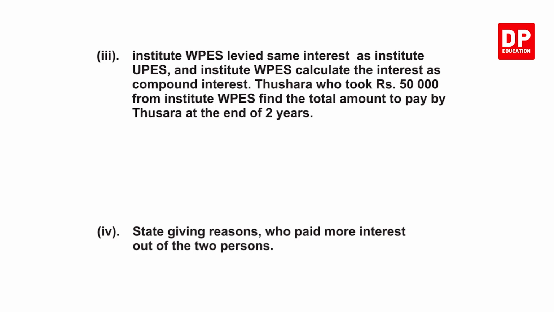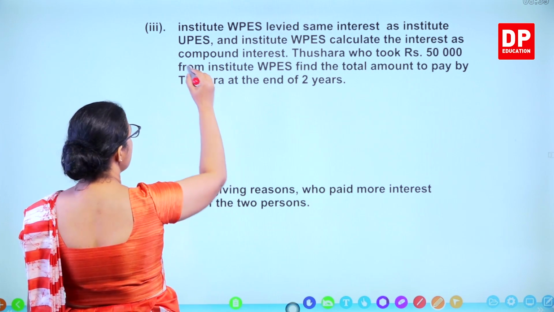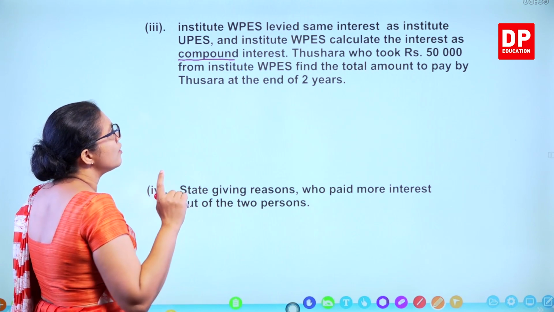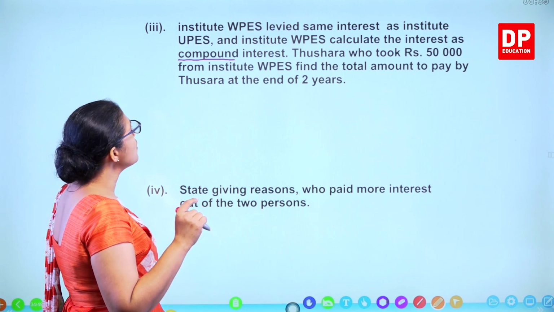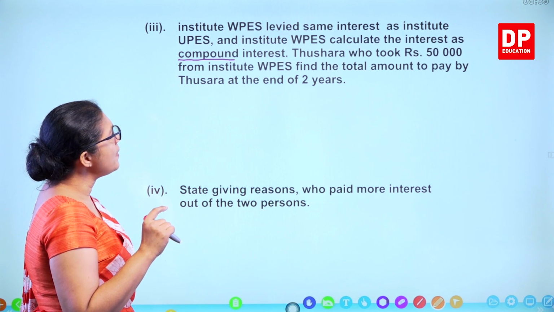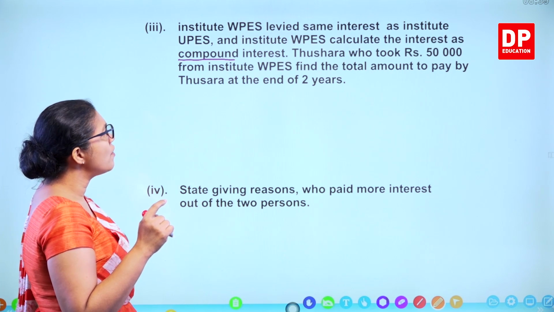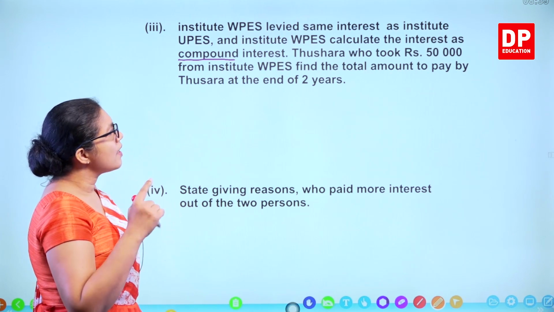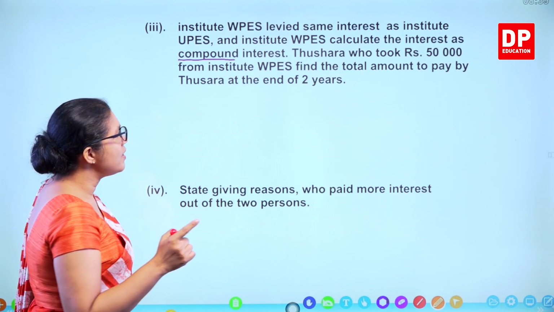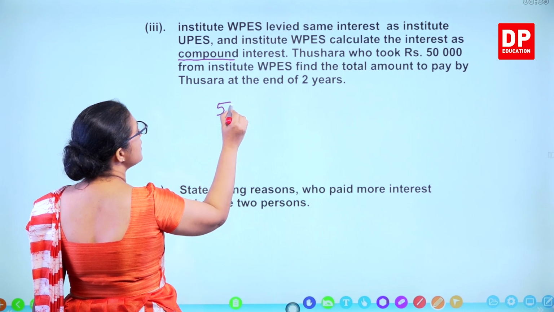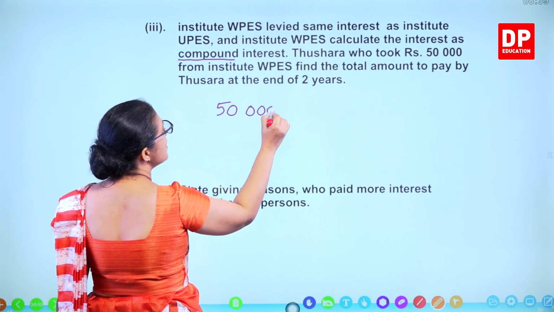Same interest as Institute UPS. So 6%. And Institute WPS calculates the interest as compound interest, not simple. Tushara, who took 50,000 from Institute WPS, find the total amount to pay by Tushara at the end of 2 years. Now this is compound interest. So 50,000 rupees he took